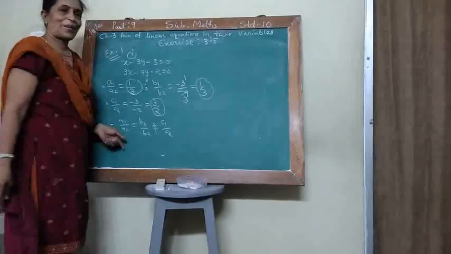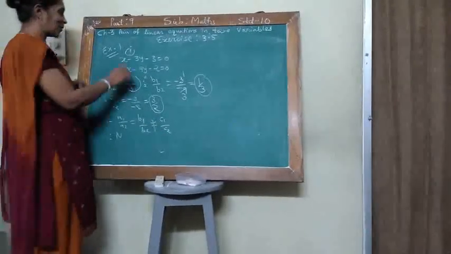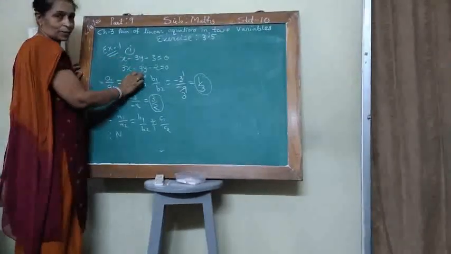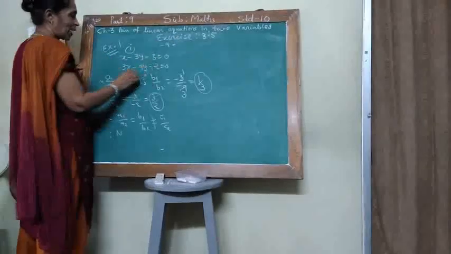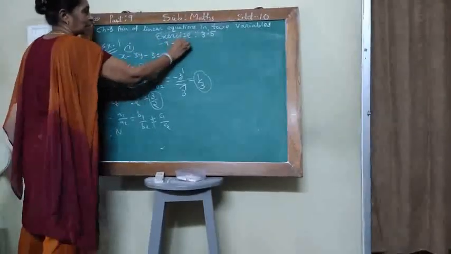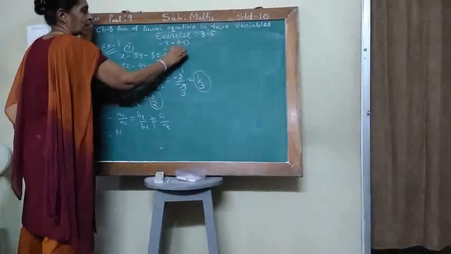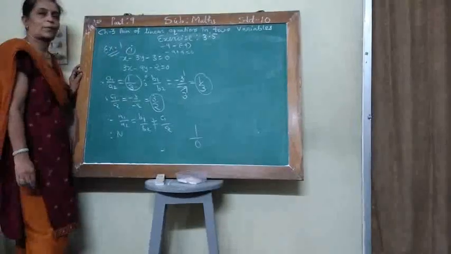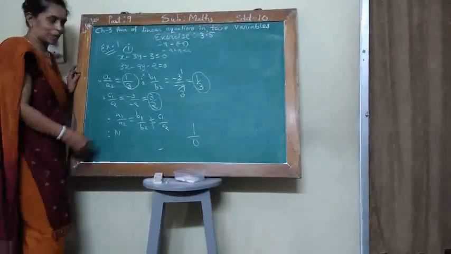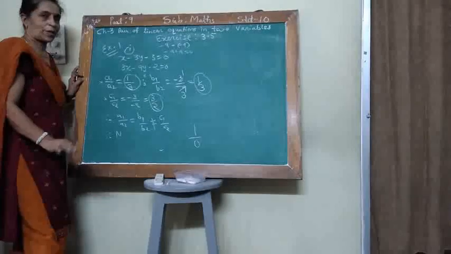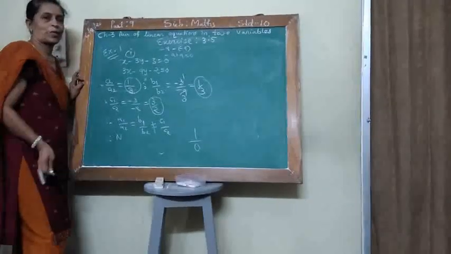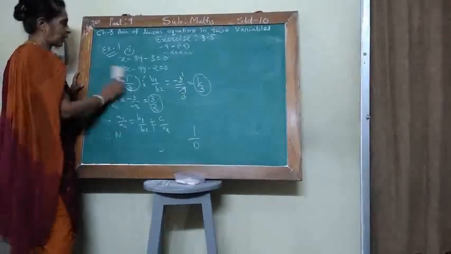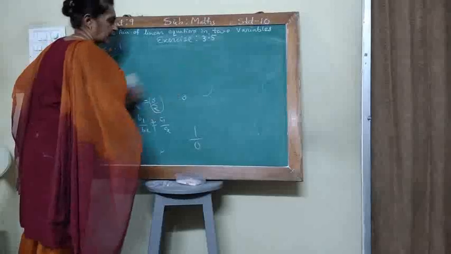And if you apply the method, then you get 1 upon 0. See a1 b2, 9 ones are 9, minus 9. See a1 b2, minus 9. Minus product of these two, again minus 9. So minus 9 plus 9, 0. So if you apply the cross multiplication method, you get 1 upon 0. Now I have explained, just x upon any number, y upon any number, 1 upon 0. Then x and y you can't obtain. So no solution exists. Second step. I take the second step.